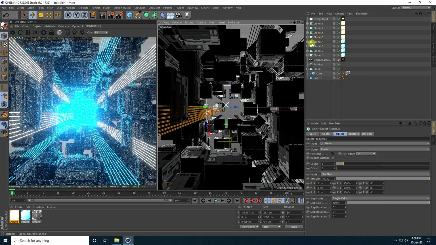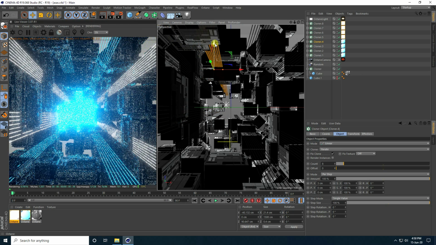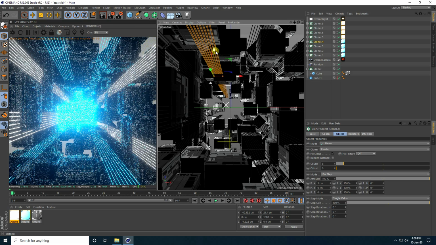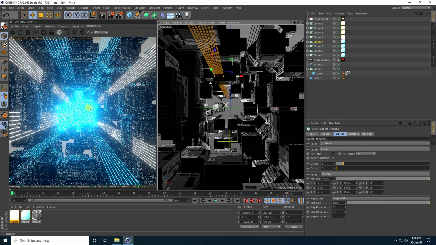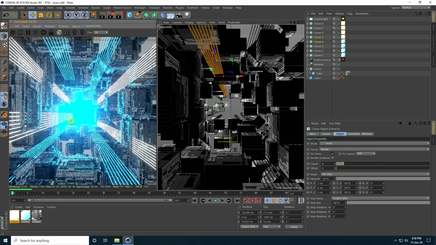It's really beautiful. Yeah, see guys, that's my beautiful composition. Okay, so all is good. Guys, it takes too much time for rendering because those are heavy particles.